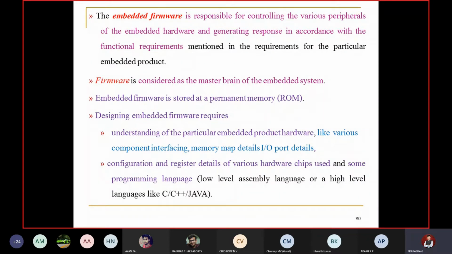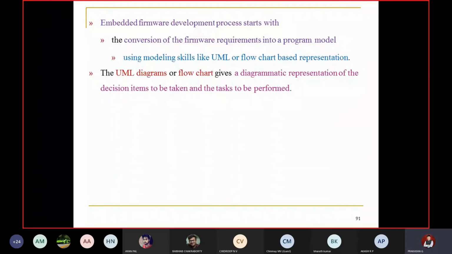Everything we should know. And also the programming languages. It is not only hardware details or register details. We should also know what type of programming language we are going to use. Whether we are using assembly level language, whether we are using low level language, whether we are using high level programming language, everything should be thoroughly studied in detail before going for firmware designing. Okay, so these are the basic requirements. One is the hardware parts, second one is the peripherals, third one is the different types of registers, and fourth one is what are the different languages we are going to use.